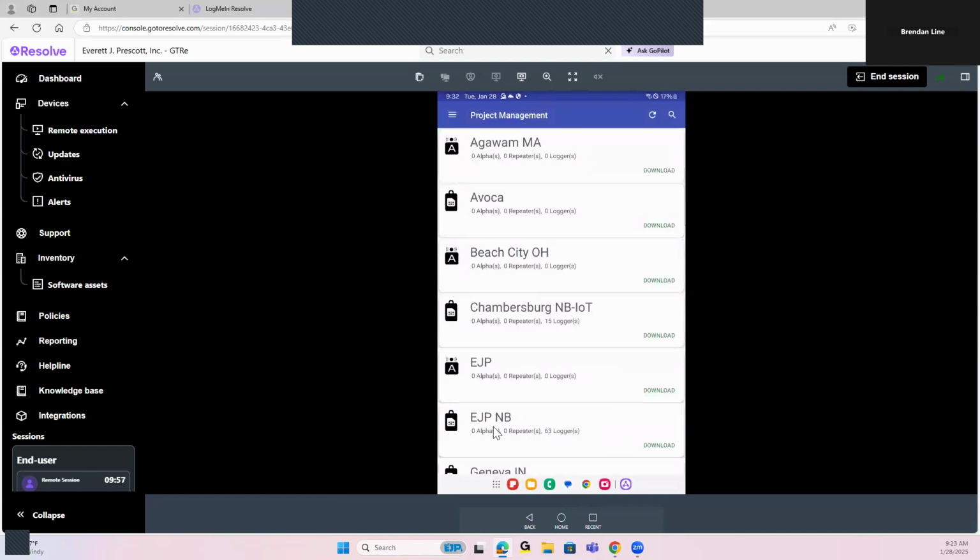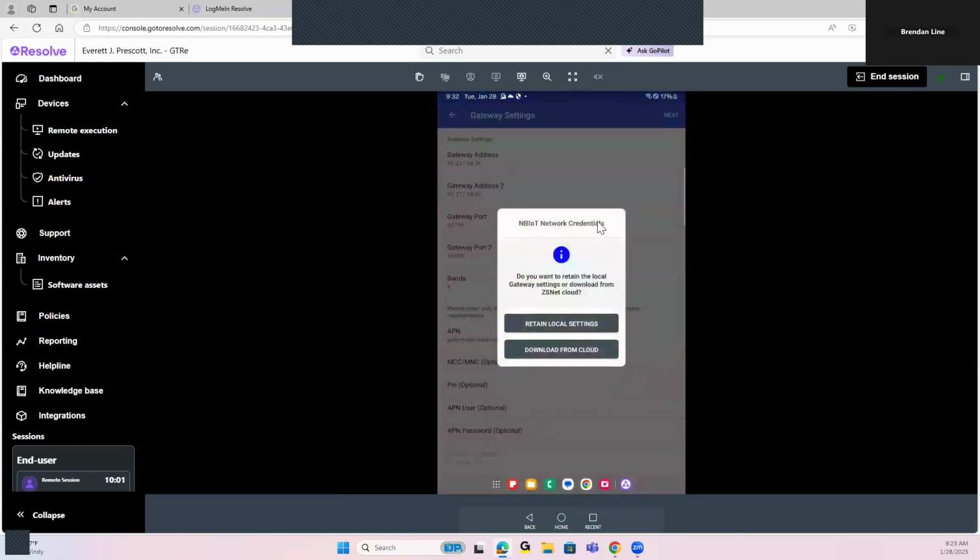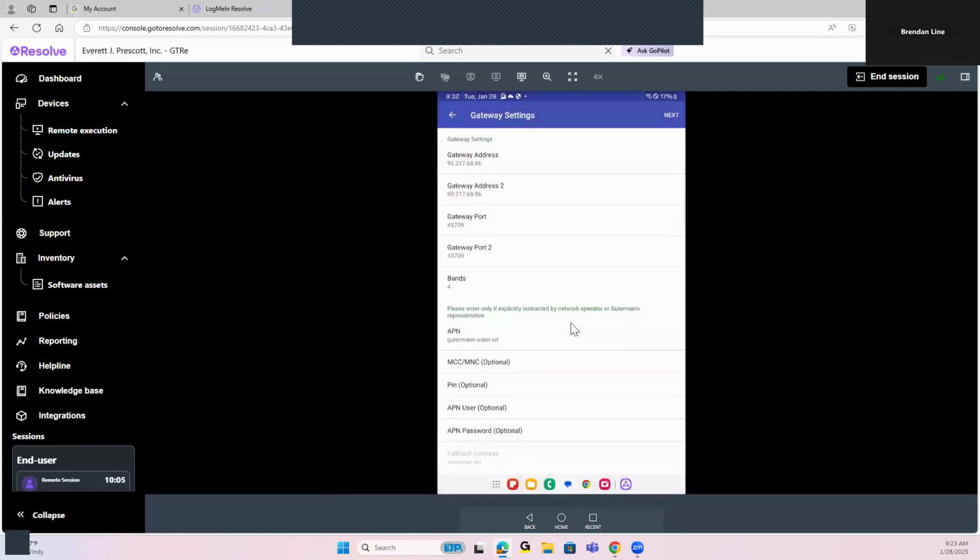Go ahead and find your project name and just click anywhere inside that box to open up your gateway settings. Tap retain local settings. And there are two things we must be sure of being correct inside our gateway settings. One is your APN and the other is your band. APN should be